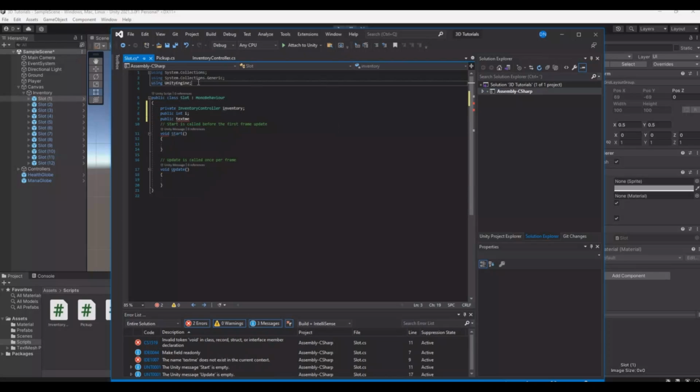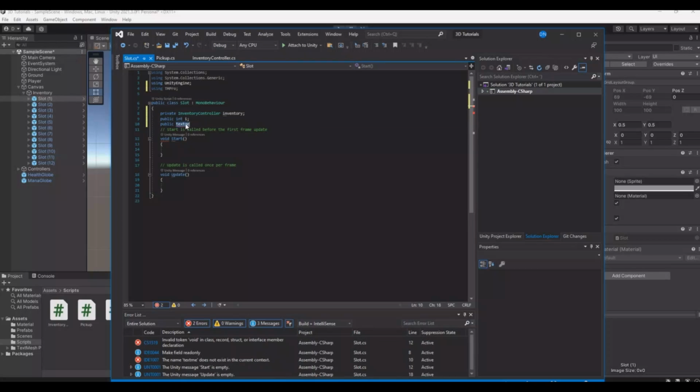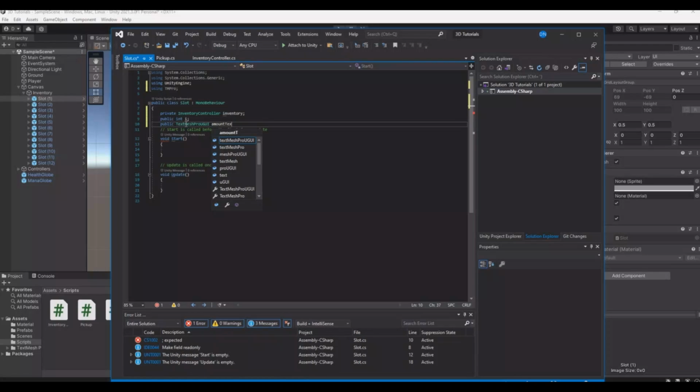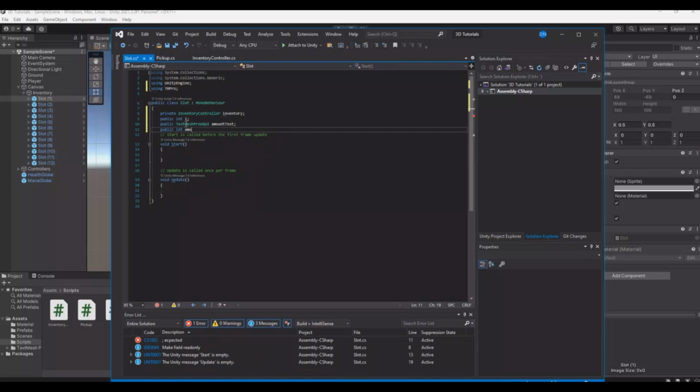I'm using TextMesh Pro, and here we need to implement the TMPro. So public text mesh Pro UI here, and this will be the amount text that we have on the slot,